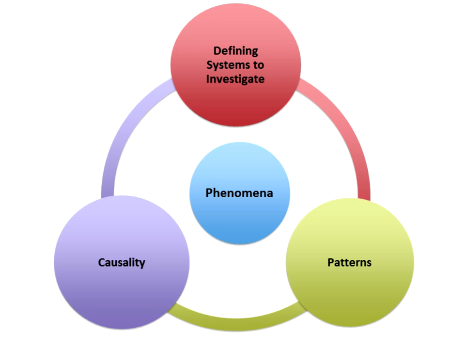And again, these 3 ideas are around phenomena. So we're defining a system to investigate. We're looking for causality. What has caused that phenomenon to occur? And we're using patterns as evidence. If I look at a rock formation, it has a pattern. Something caused that pattern to happen. Some sort of change happened in a system a long time ago for that pattern to occur in that rock